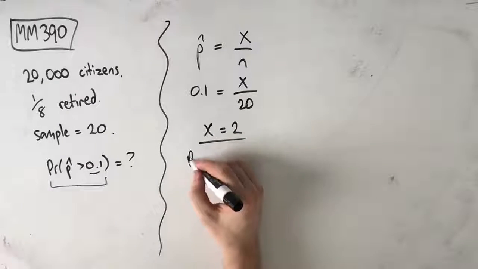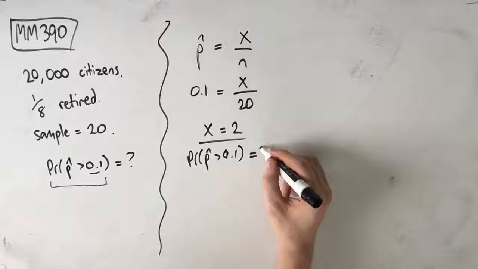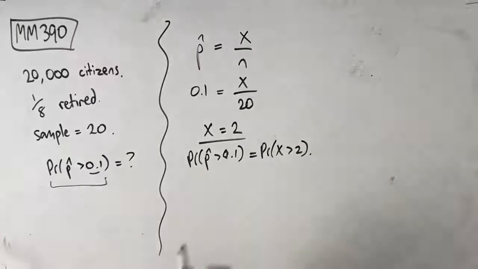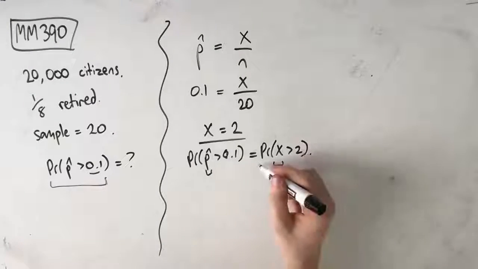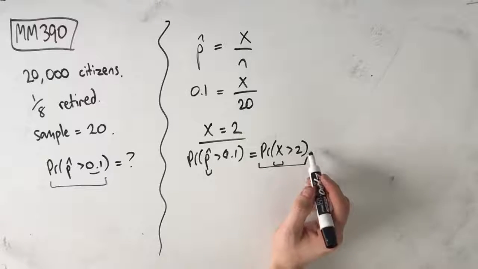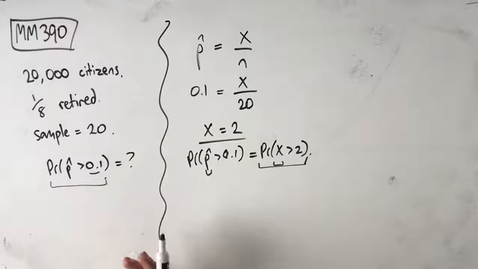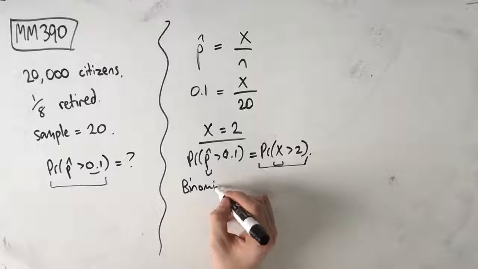So what we're actually saying here is that the probability that p hat is greater than 0.1 is the same as the probability that x is greater than 2. So we've linked this p hat and this x, and now we can create a binomial distribution from it, because we're looking for the probability that x is greater than 2, where we've got a certain number of samples, p, and all this binomial sort of stuff. So what we get is our binomial CDF in CAS,